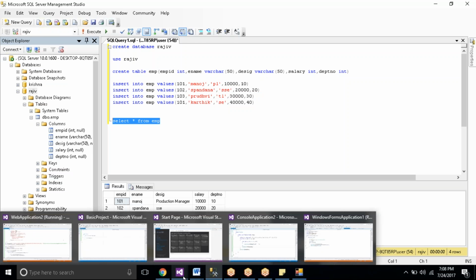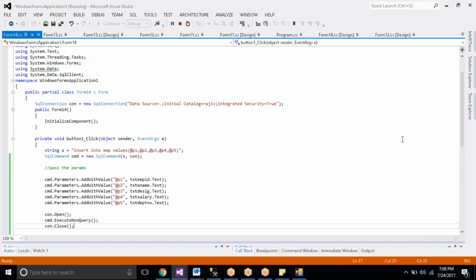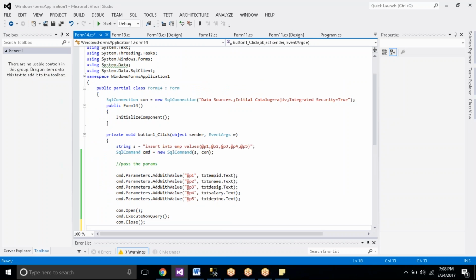Yes, ma'am. We didn't show the message box after it was done, and that is the reason no message box is coming. Clear? Okay. New message box, right? We'll try to take a message box also here. See, MessageBox.Show "data inserted successfully". Correct?